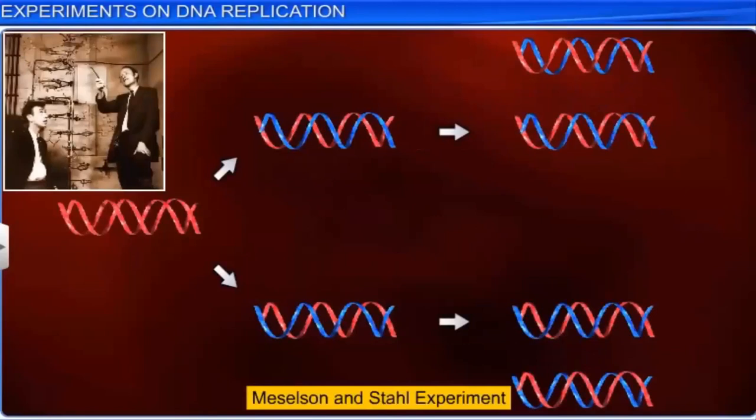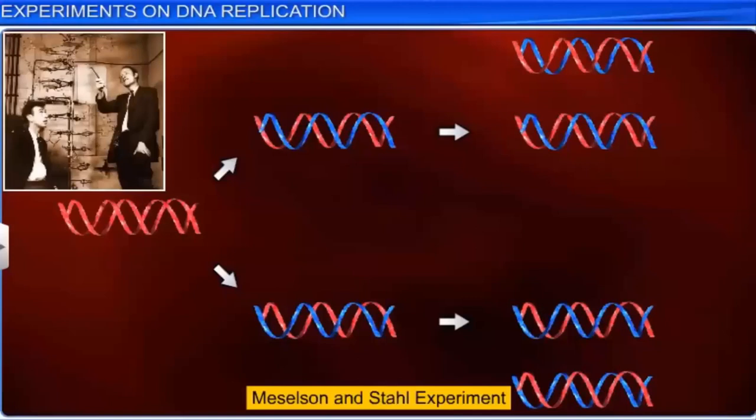Okay, now here, this is the experiment which proves the semi-conservative nature of DNA. What Meselson and Stahl did was they took E. coli, growing it in a medium of nitrogen. I told you, whenever you give the medium, from that medium only they will take the nutrition so that they can further multiply. So when they were doing this process of multiplication and growth in a medium,